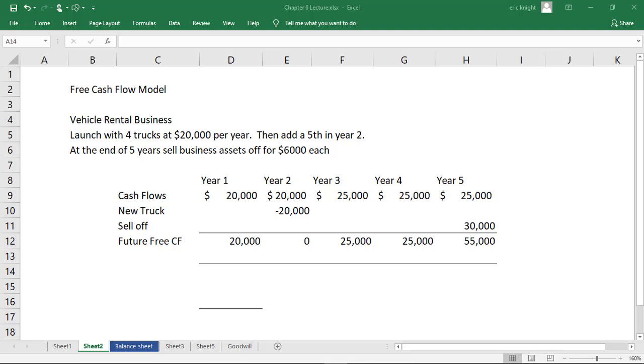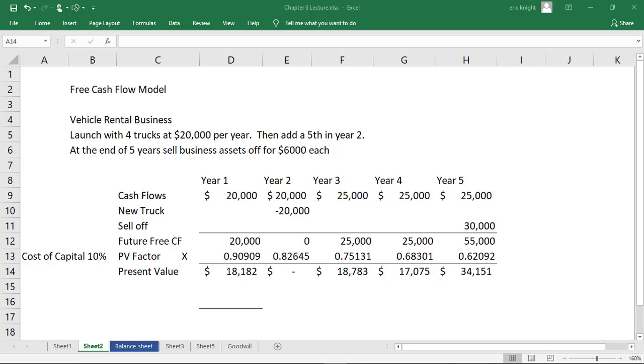So one of the problems with the cash method is that we need to remember that present value of cash is different from waiting for cash to occur in the future. So we need to discount future cash flows to get to a present value. So we're going to use the present value tables of a single sum. To do this, we're going to use the cost of capital at 10%. So cost of capital can be thought of in 2 ways. Either it's how much we're going to pay a bank or a lending institution for a loan, or it could also be considered how much we expect to bring in as a return for our investors. Investors don't give money away for free.